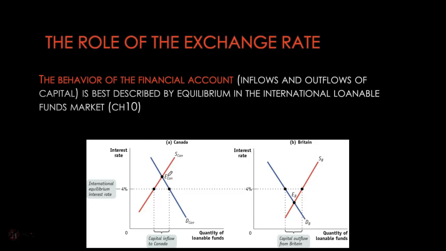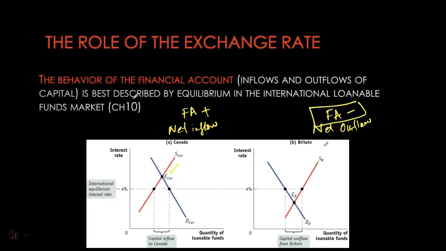So in this example from chapter 10, if the domestic interest rate in Canada is higher, Canada sees a net capital inflow. Because of the net capital inflow, they end up becoming the net borrower out of these two economies. So interest rates are the primary determinant of whether we have a financial account surplus or a financial account deficit. Remember, in terms of financial account, if you have a net inflow of capital, your financial account must be in a surplus position. For Britain, if they have a net outflow of funds, their money is flowing out of their economy, then overall they have a financial account deficit.